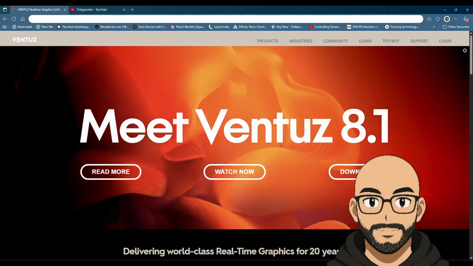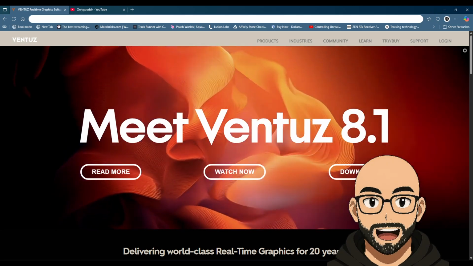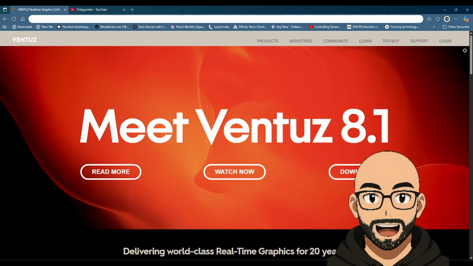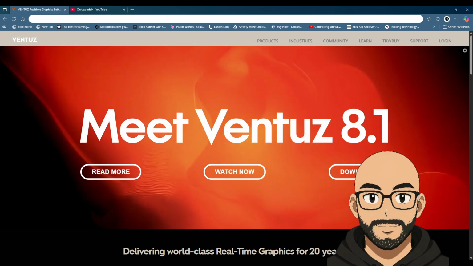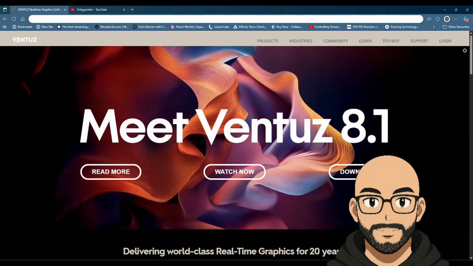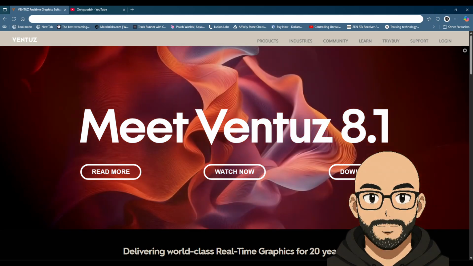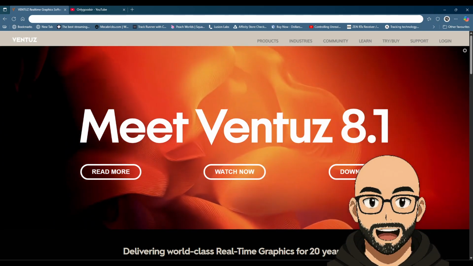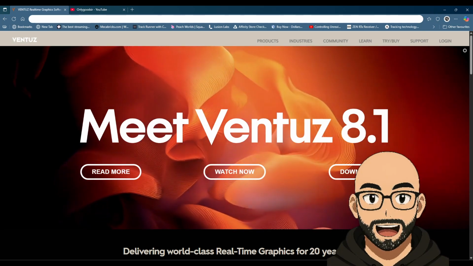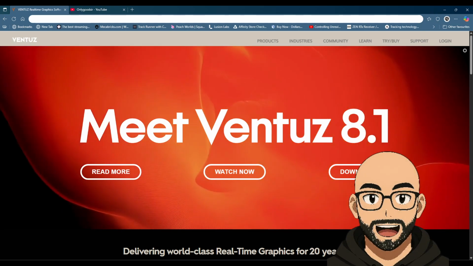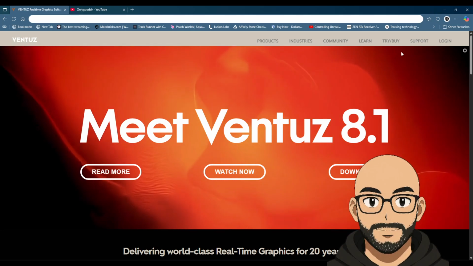You're not just dealing with broadcast graphics, exhibitions or stands. It can also be interactive content, so it might be in a museum, for example, or in a shop display, and you can interact with that content. Ventuz allows you to build interactive content for kiosks, like I said, and you make buttons and all sorts and spin 3D models around. So it's great. The way we're going to break this down is, you have the